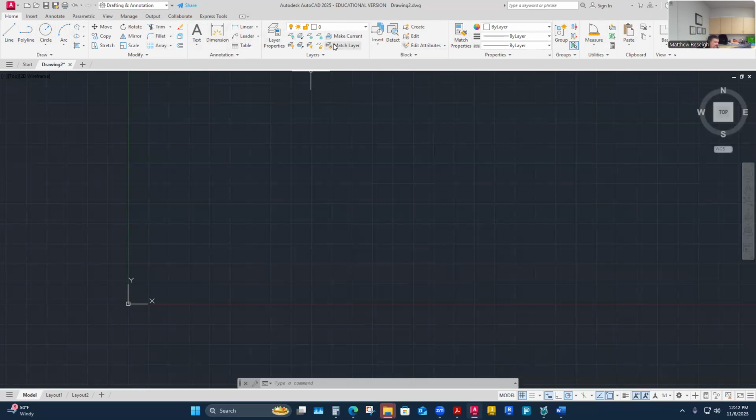We're not going to use all these. We're going to need to know draw. We're going to need to know modify and some of the commands in these. We're not going to have to annotate because we're not going to dimension our drawings. We just need to draw a shape and have it cut. When I send you a file,